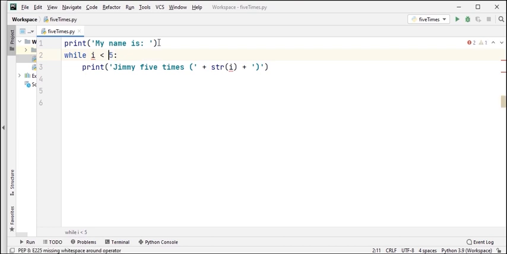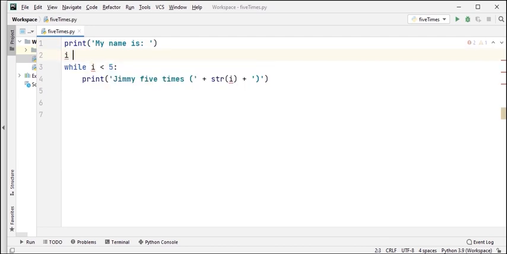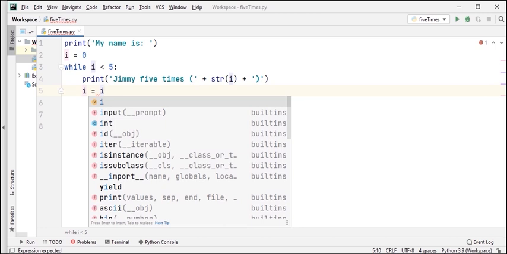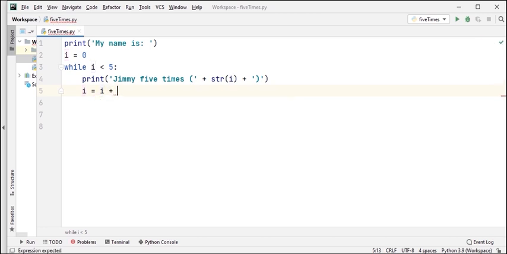But before that, I have to create a variable i and assign a value 0 to it, so that the while loop can detect the presence of the variable i. And then again I have to increment the value, i = i + 1,